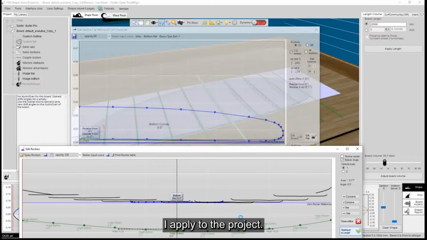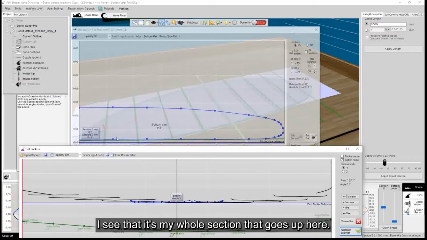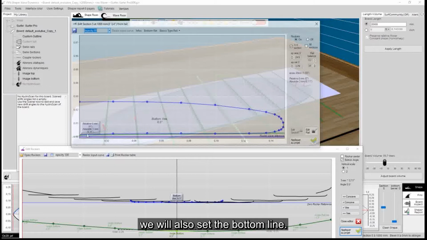I apply to the project. I see that my whole section goes up. So in fact, if we want to copy a section, we will also set the bottom line.